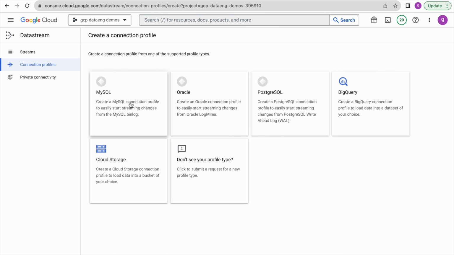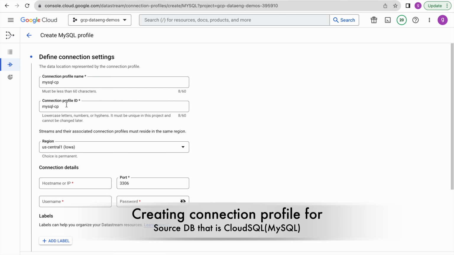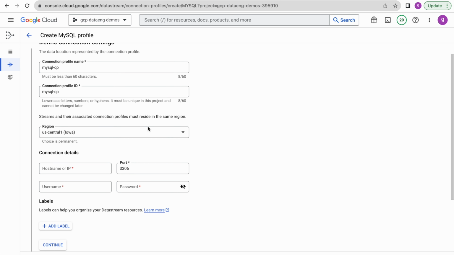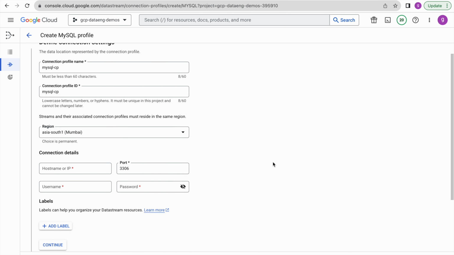create. So my source database is MySQL. You can see it right now, it is supporting MySQL, Oracle, PostgreSQL, BigQuery and Cloud Storage, okay. So I am selecting MySQL. So MySQL connection profile. It is taking the connection profile ID as your connection profile name automatically. Now you will have to select the appropriate region, okay. I will select my region,